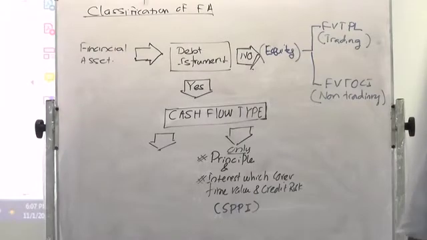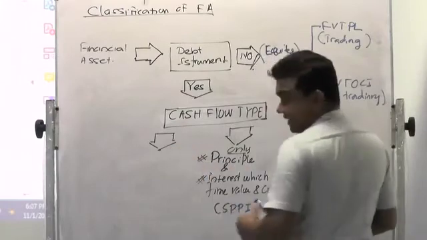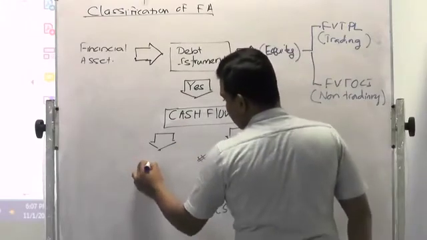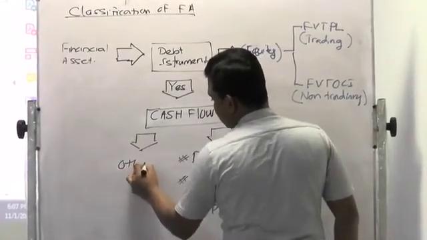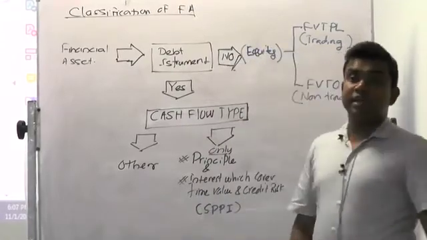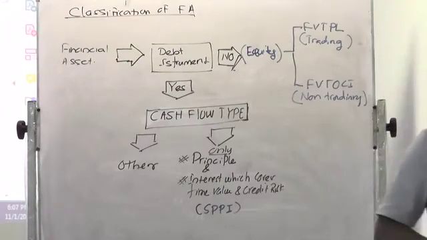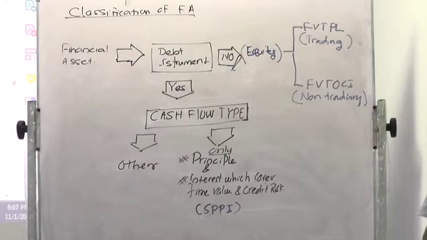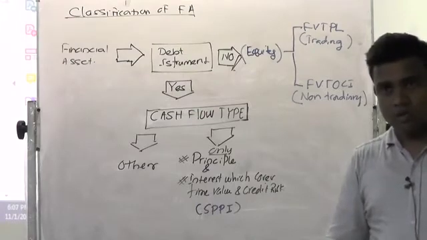Solely payment of principal and interest. Right? You will keep it only for principal and interest. Next category, other category. Other category means you are keeping it for more than principal and interest or less than principal or interest. Your expectation is not only for principal and interest, you will expect more than that, other. Clear? Some finance companies expect a profit percentage also from the loan given.